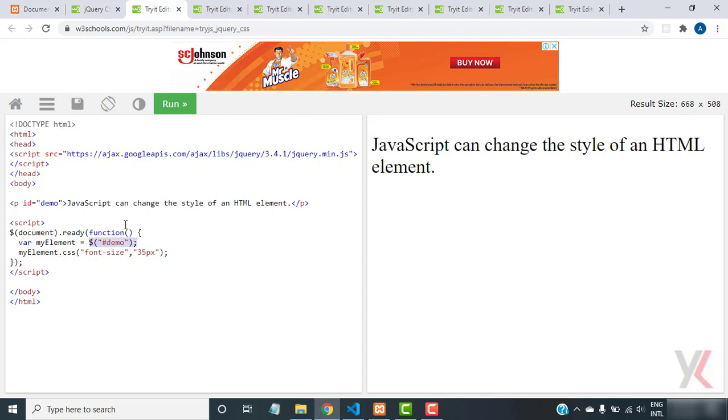Now we want to change the CSS. So simply use dot and then CSS, and inside parentheses the first parameter is the property name, that is the font size, and then the value of that particular property. Here we want to change the font size of that particular text to 35 pixel. Suppose here we can also change the color